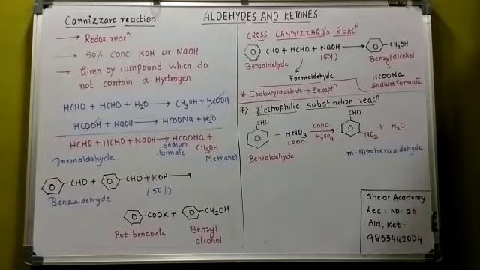As we had cross aldol condensation, similarly you have cross Cannizzaro reaction. Cross Cannizzaro मतलब one molecule is benzaldehyde, the other molecule is formaldehyde, and it is reacting with a base. So out of the two, benzyl alcohol बनता है, aromatic compound है उसका alcohol बनेगा, and formaldehyde is oxidized to the corresponding salt, that is sodium formate is formed. This is called cross Cannizzaro reaction.